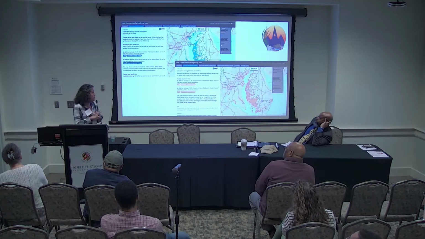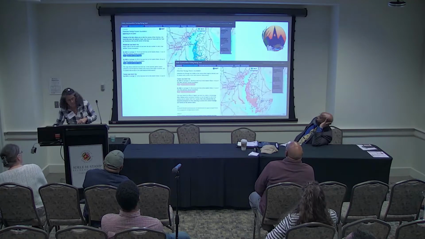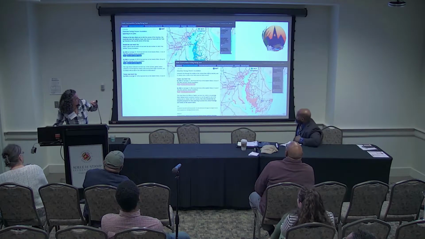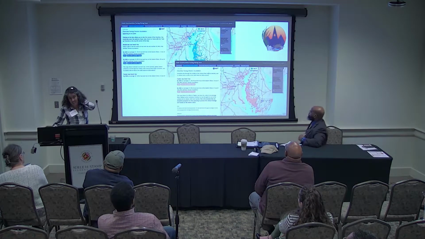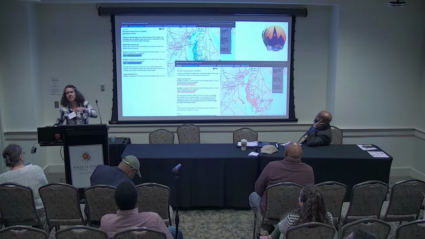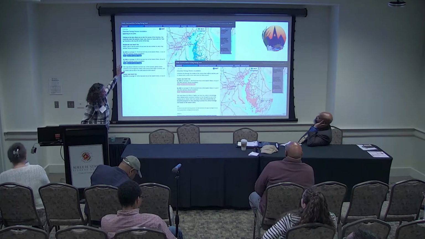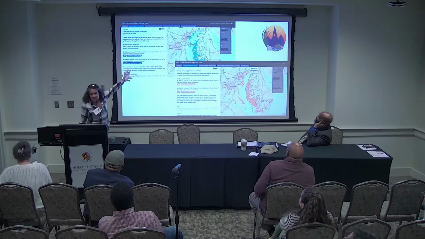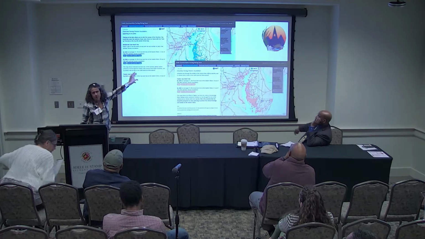So we chose to use a story map showing all the United Methodist churches on the Eastern Shore. And the ones that are in red are the ones that are at risk of flooding from high tide alone. This is no storm, this is no hurricane, it's just a high tide. At different times in the future, 2035 and 2060, with an intermediate sea level rise scenario. It's a very conservative scenario. It's not the scenario we are on right now.